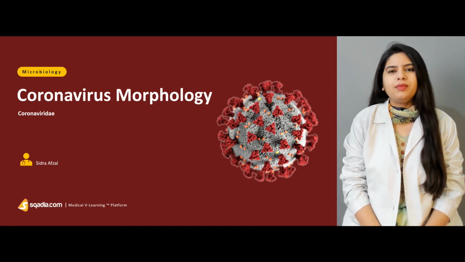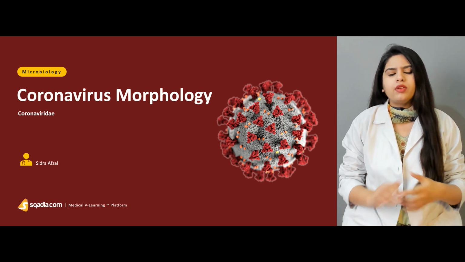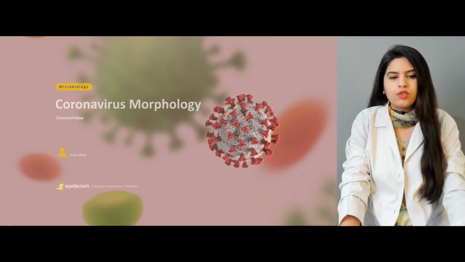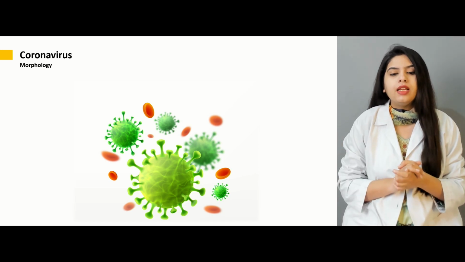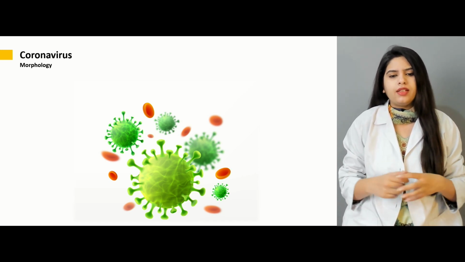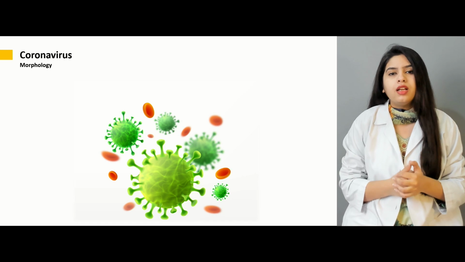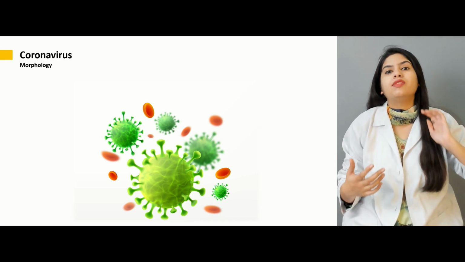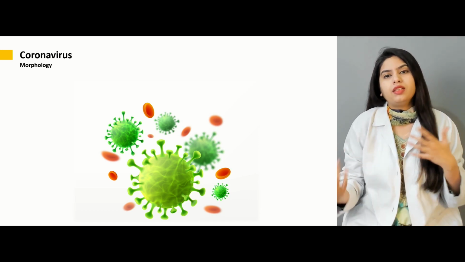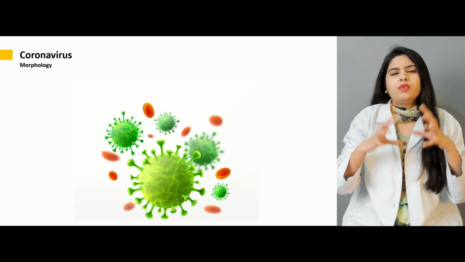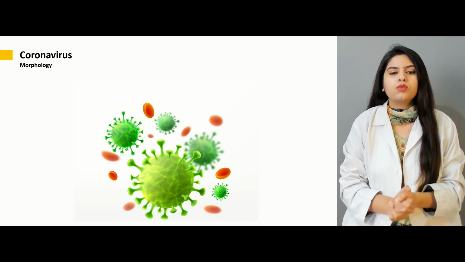Now let's talk about the morphology and some physicochemical properties of the coronaviruses. We have studied the structure of coronavirus in detail, and now we want to look at the different properties and parameters of these coronaviruses: what is the nature of these viruses, what is their molecular size, what is their diameter, how they float in the blood, and what are their physicochemical properties. What are the things that make this virus inactive, and what is the environment to which this virus is sensitive? So we are going to answer all of these questions.